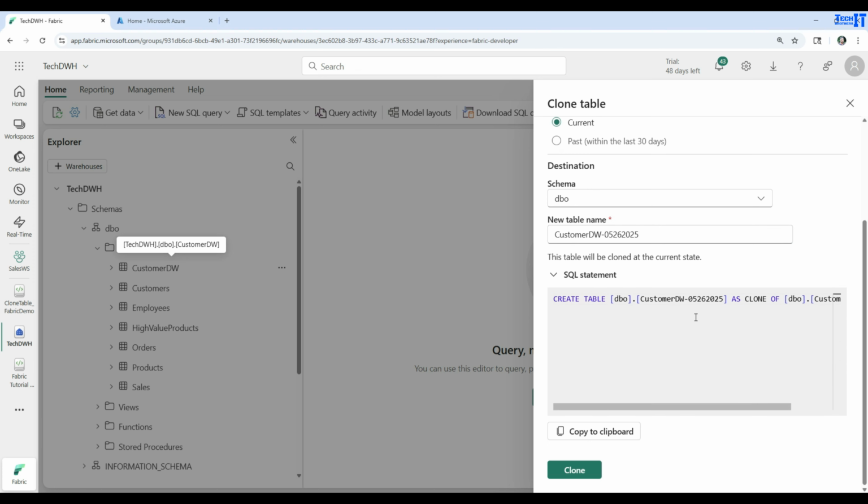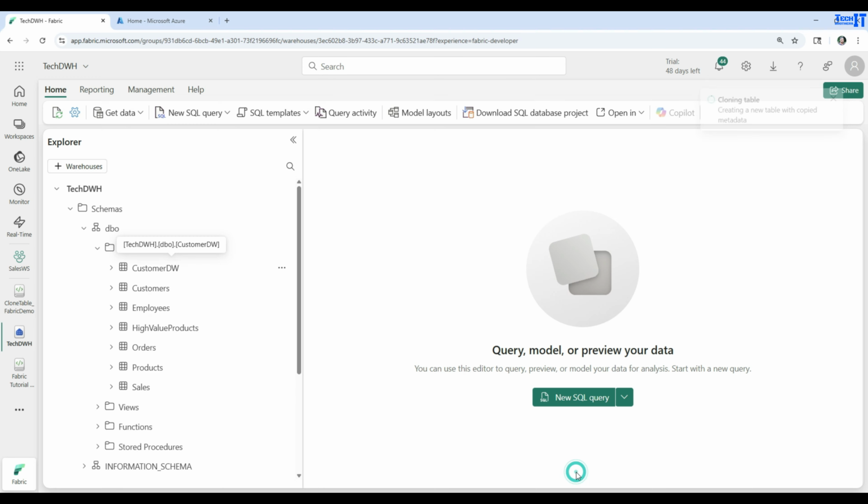Here is the SQL statement you can copy, and then you can run it in the window here, or you can just clone from here as well. So here it is a create table, and that's the name of the cloned table that will be created as a clone of the original table. So this is your source table, and this is going to be your clone table. So we can execute this one by hitting clone,